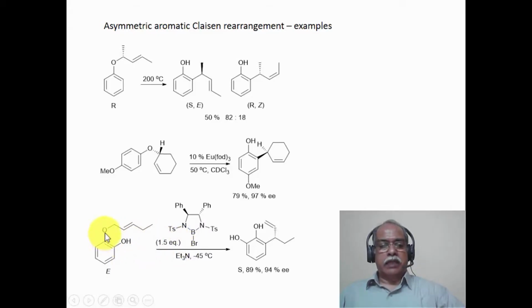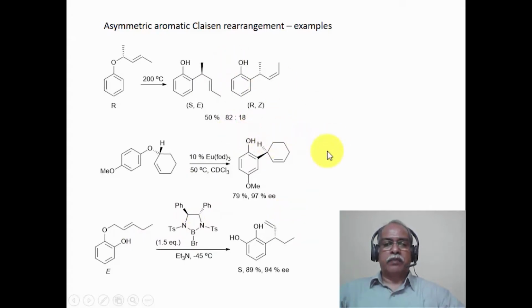And the rearrangement is essentially breaking of this carbon-oxygen bond. This is 1, 2, 3 and 1, 2, 3 in the ortho position. On the other side, the free ortho position is what is undergoing the 3,3 sigmatropic rearrangement in this particular instance. So what we have seen here are asymmetric versions of the aromatic Claisen rearrangement. The first instance is a first generation asymmetric induction because a chiral substrate is what is undergoing the rearrangement. In the second case, a chiral catalyst is used. In the third case, more or less a chiral auxiliary is used. So there are 3 different kinds of examples shown for asymmetric induction during the course of the aromatic